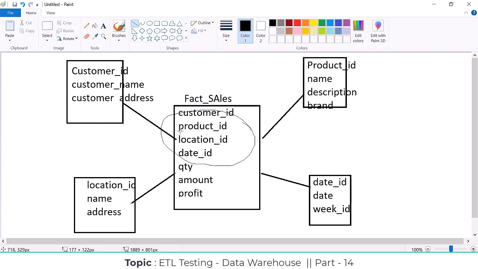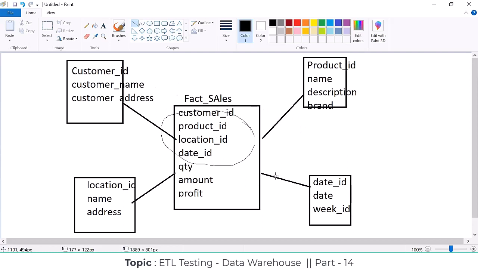Okay, the centralized fact table is connected with multiple dimension tables. It's one or more dimension tables; it's not mandatory that a particular number of dimensions has to connect. So n number of dimension tables can be connected with one fact table. That is nothing but the star schema.